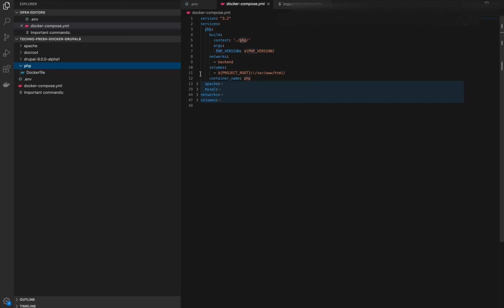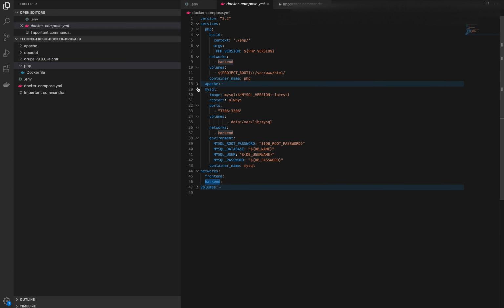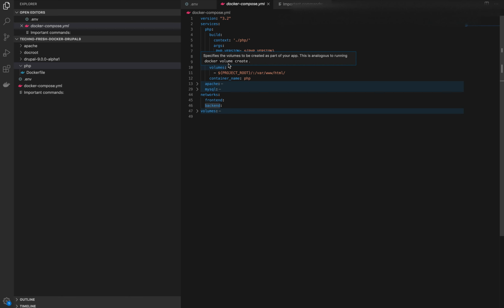I have created a Dockerfile there, with an argument for which PHP version. This is a variable I have already declared, and I'll let you know where it comes from. For the network, I'll say backend. It is defined as frontend and backend, so I have defined backend for this PHP. The container name is PHP, and it will pull the PHP image.